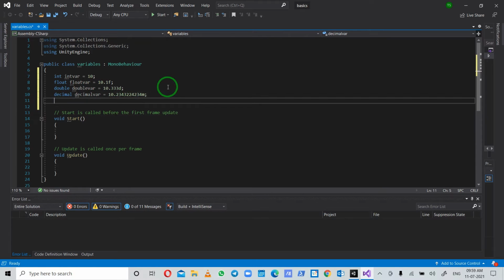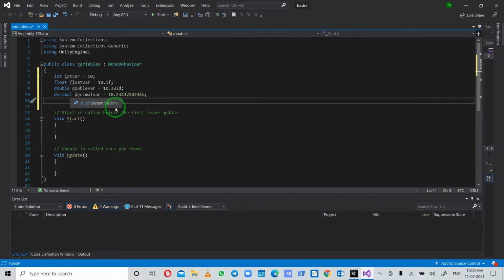Before we go further, let me tell you the difference between float, double and decimal. Actually the very basic difference between these three is their preciseness. Float contains values which are less precise, double contains values which are more precise, and decimal contains values which are most precise. By preciseness I mean how many numbers there are after the point. The more numbers behind the point, the more precise that value is.